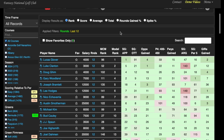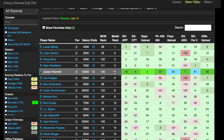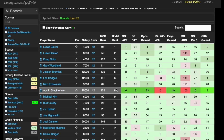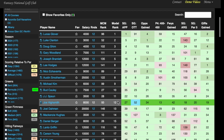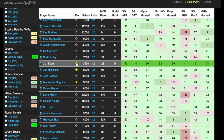So in the model rankings over the past 12 rounds, you got Glover, Clanton, Gim, Woodland, Bramlett is the top 5. Then you got Lee Hodges, Nico Echeverria, the Smother Man, Michael Kim, Bud Cauley. Then you're into some of the guys that I like. You got Spawn, HighSmith, Damon,